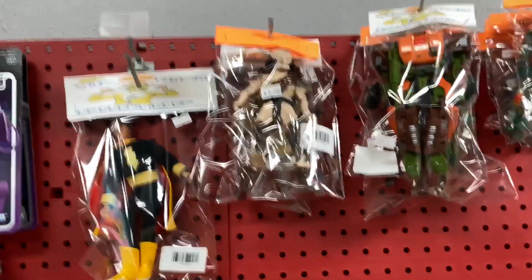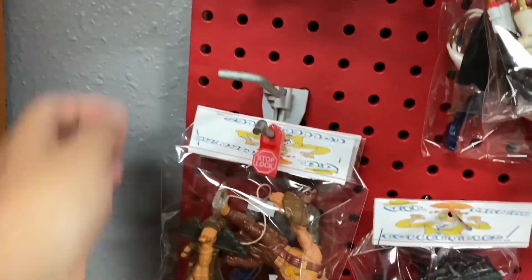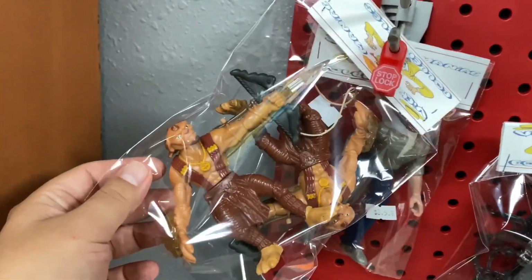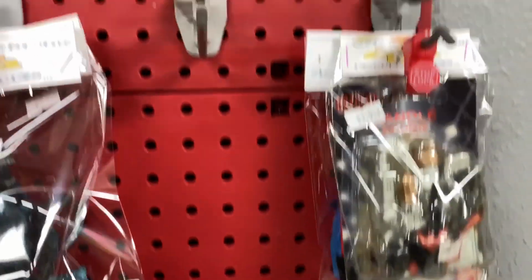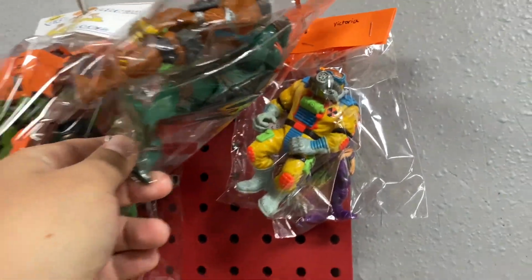Another wall of random action figures. You got Predator there, some Turtles, no accessories, but it's cool to have. A little Small Soldiers bag right there, a couple of little vinyl figures, Alien, good little mix here. We got some more Turtles here. Oh, there's a Toxic Crusaders,